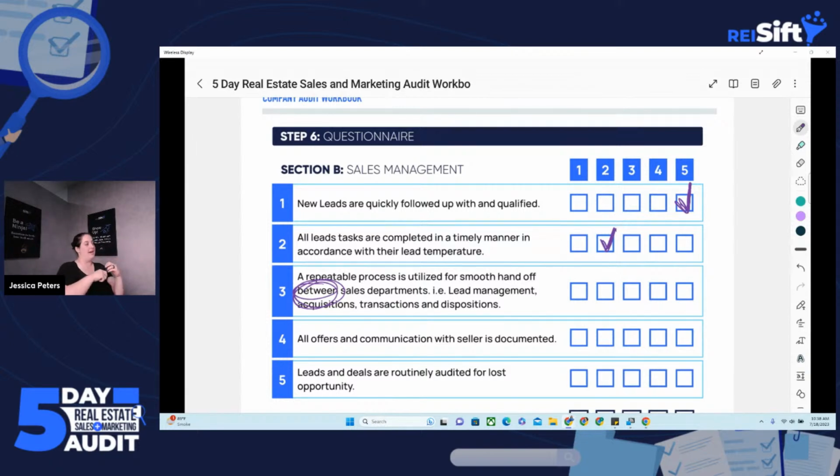So let's vote for that one, 1 through 5. Do we have a process in place when we're going between departments, even if it's just you? Because even if it's just you and you started making offers and then it falls through, do you let that slip through the cracks, or do you put that back into a lead management follow-up? Let's vote. I'll wait a whole minute, because I think sometimes the delay takes a minute.